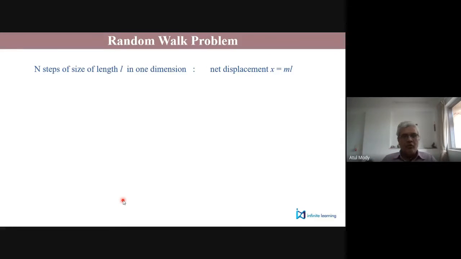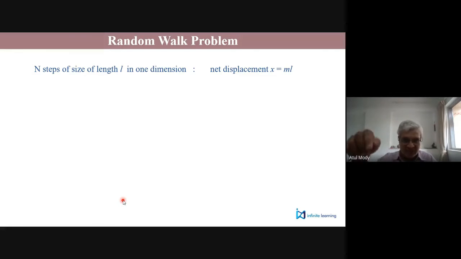Randomly, the step would be forward or backward. In some simple cases, you can think that probability P and Q are same, which I will tell you when you do this. But otherwise, you can assume that there would be a greater probability to go in forward direction than in backward, especially a drunkard who is walking is probably less likely to go backward, and therefore he'll take few steps forward, few steps backward, but he'll have more number of steps forward. So his net movement will be in forward direction.